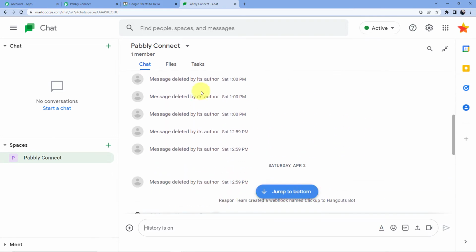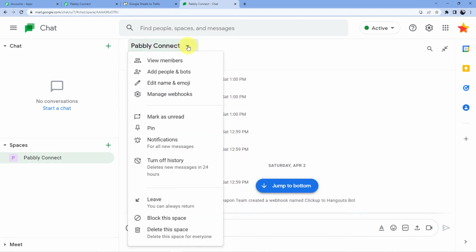Now what we are going to do here, first, this is a Google Enterprise account, and only in a Google Enterprise account are you going to get this option, manage webhooks. You're not going to get this option in any other account, so you have to pay for that. It is a paid service, and you have to get this Google Enterprise account, otherwise it will not work.